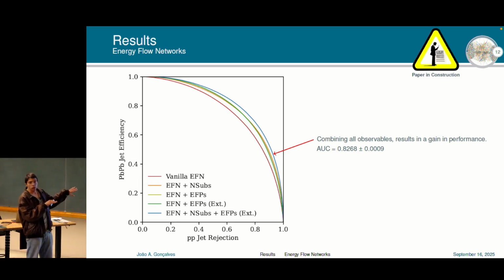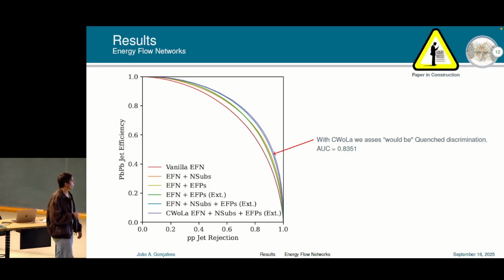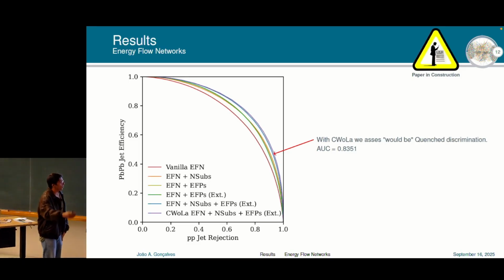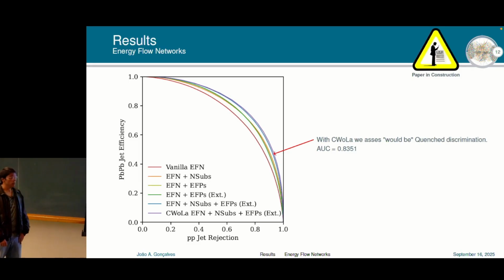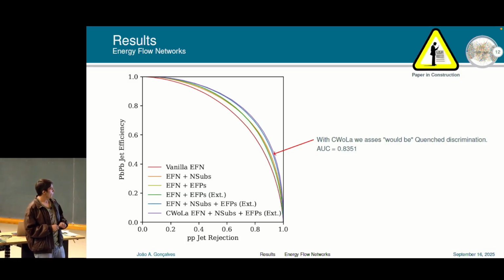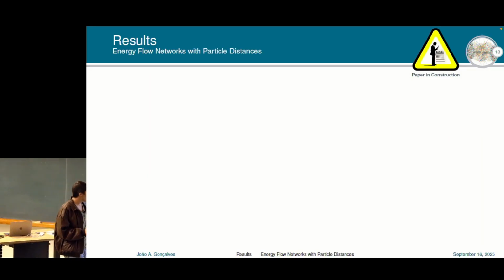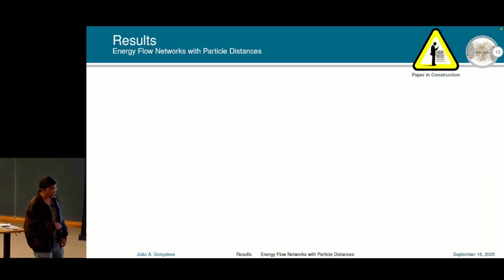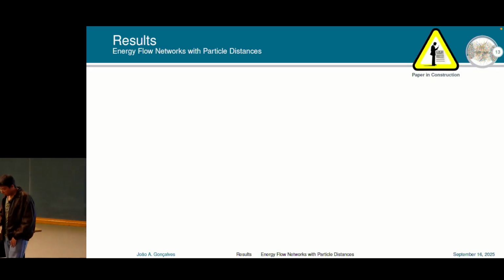I should say that the paper is under construction, as you can see there. Finally, we can apply this kind of classification without labels analysis. We basically do a calculation of the ROC curve directly, and we get around 0.835, which is a little bit better. And this would kind of be the end of my talk if